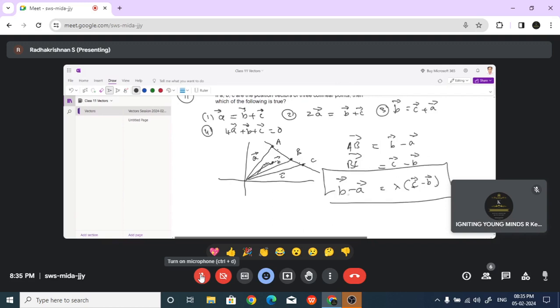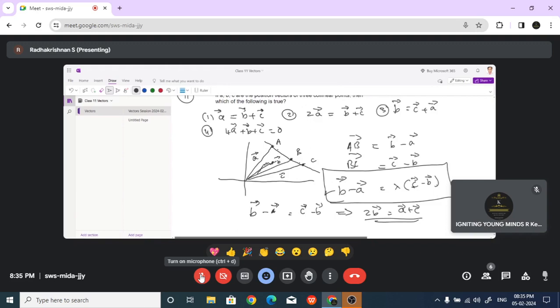B minus A equal to lambda into C minus B. So simply by putting lambda equal to 1, you get B minus A equal to C minus B, which is 2B equal to A plus C. So 2B equal to A plus C is one condition that